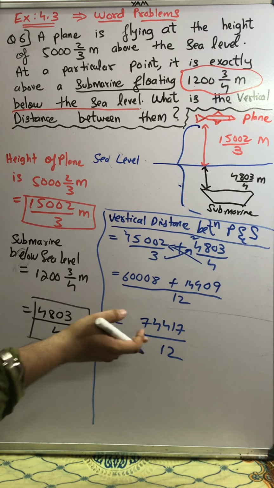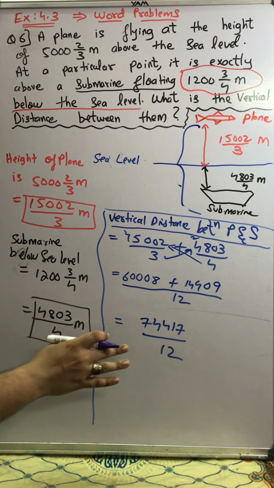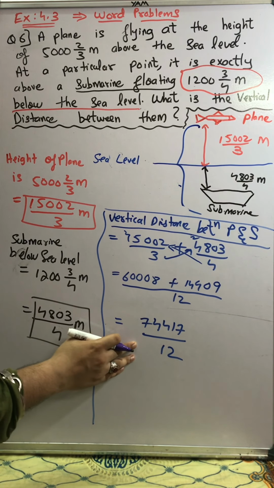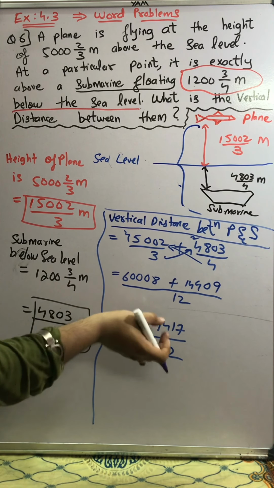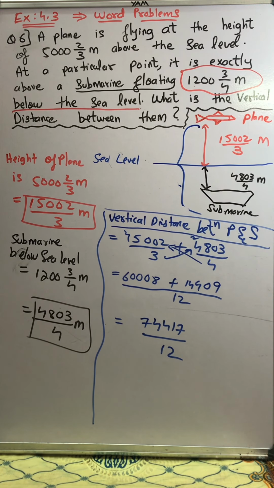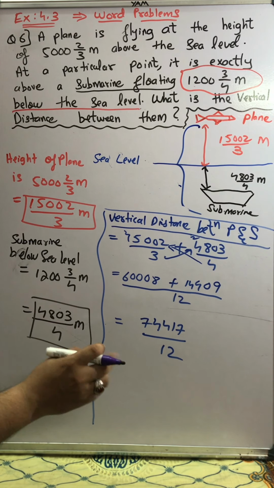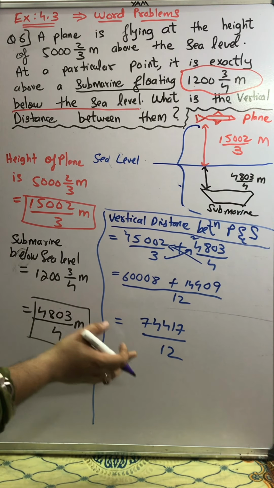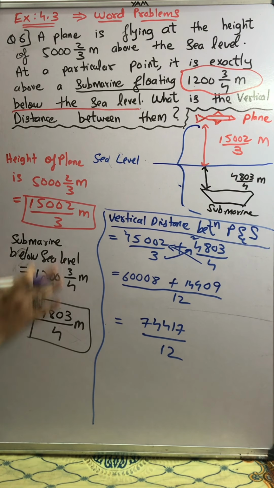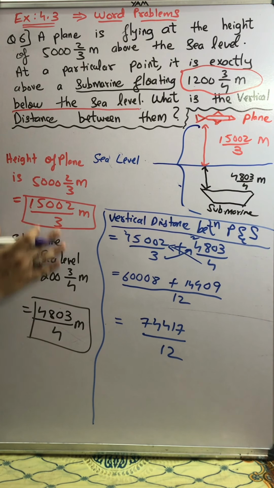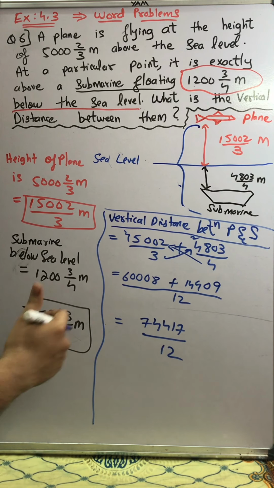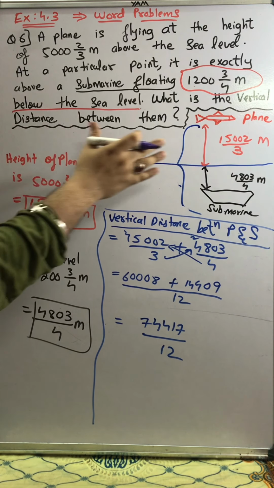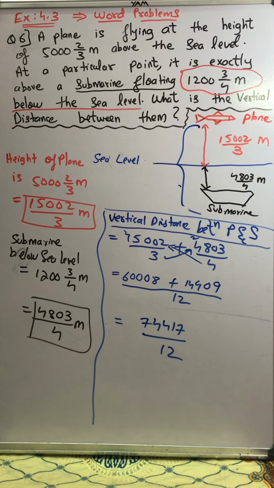Now students, such a big number cannot be cancelled, so we cannot leave this number as it is. We have to convert it into a mixed fraction. If you leave it till here, because it's such a big number, your 1 mark will be deducted. So we need to do the division. Students, please pause the video, because I'll be doing the division on the left hand side and I want to erase this part of the board.